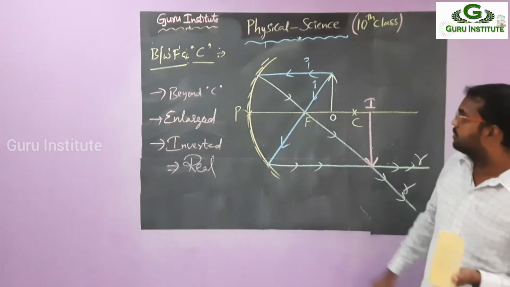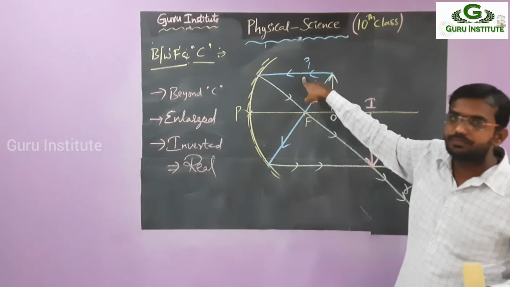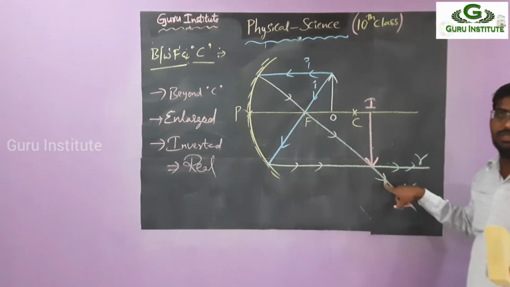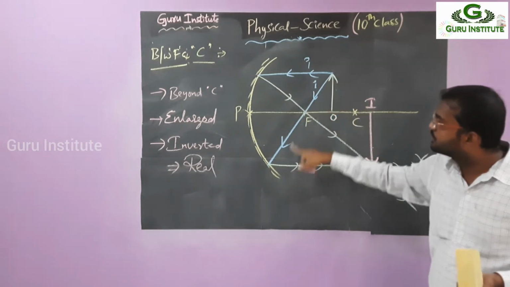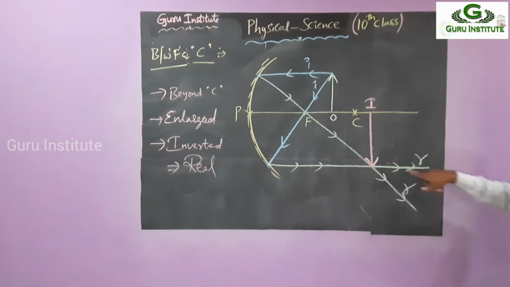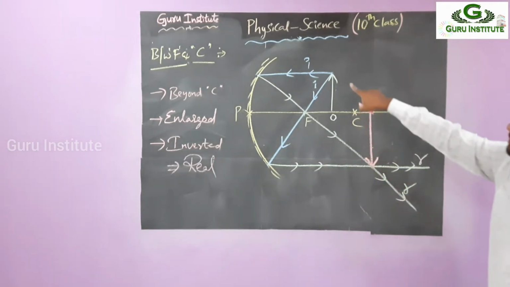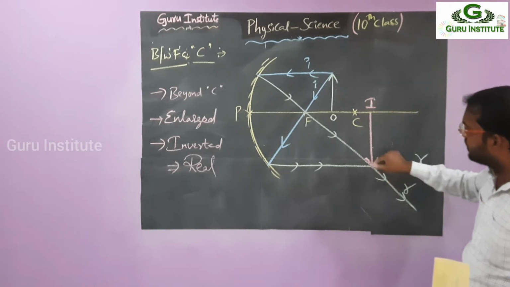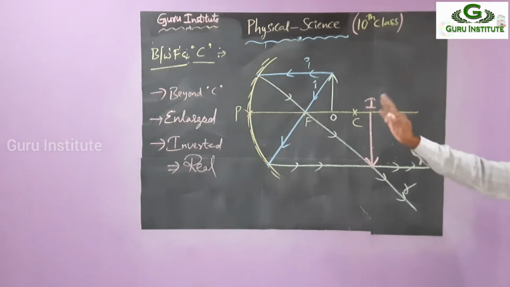So once again I repeat. In the between F and C case, parallel to the principal axis, passing through the focus. Many students have doubts in this ray diagram, just observe clearly. Then passing through focus, parallel to principal axis. Where they are meeting, here they are meeting. Simply place here. This top is placed here, so that's why we have to take the inverted one and join this one. By just simply seeing your picture, then draw the nature.